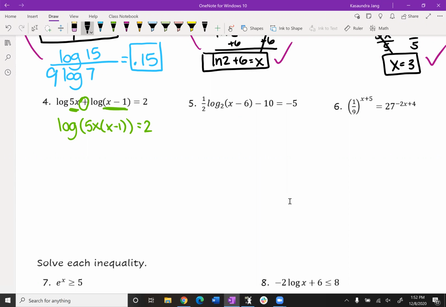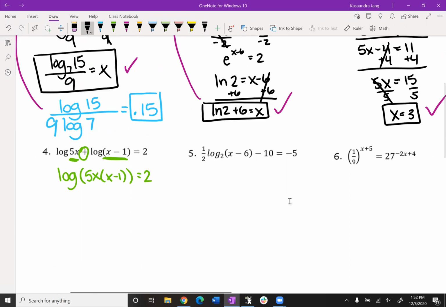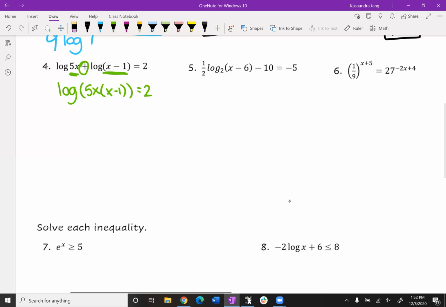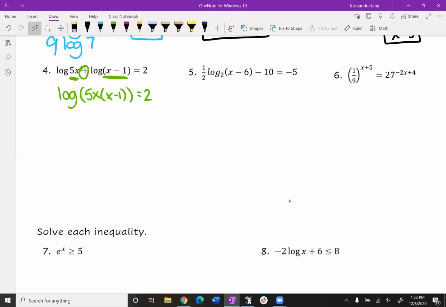No questions. All right. Well, I'm going to pick it up from here then, and I'm going to turn this into exponential format, which I kind of went backwards up here. I went from exponential into logarithmic format. I'm going to go backwards. I'm going to go from logarithms into exponential. All right. So